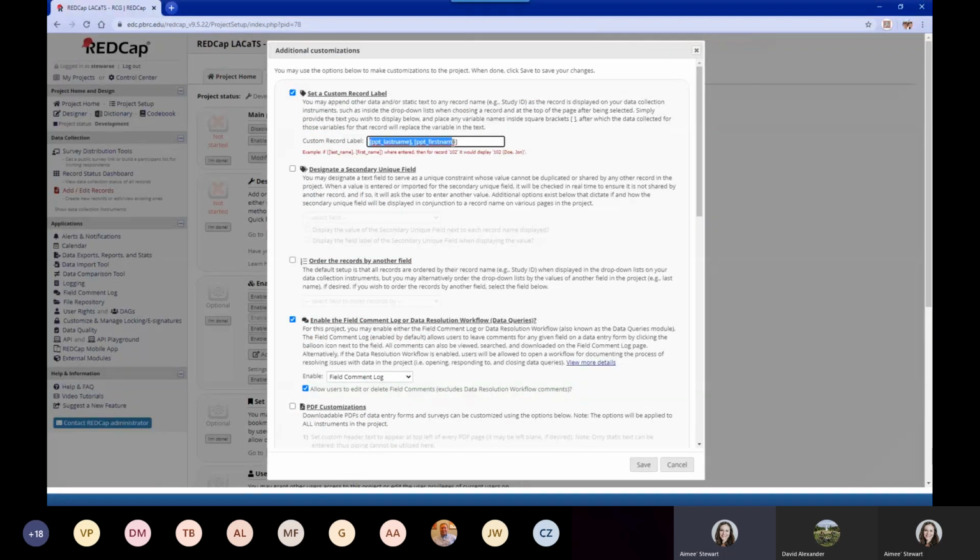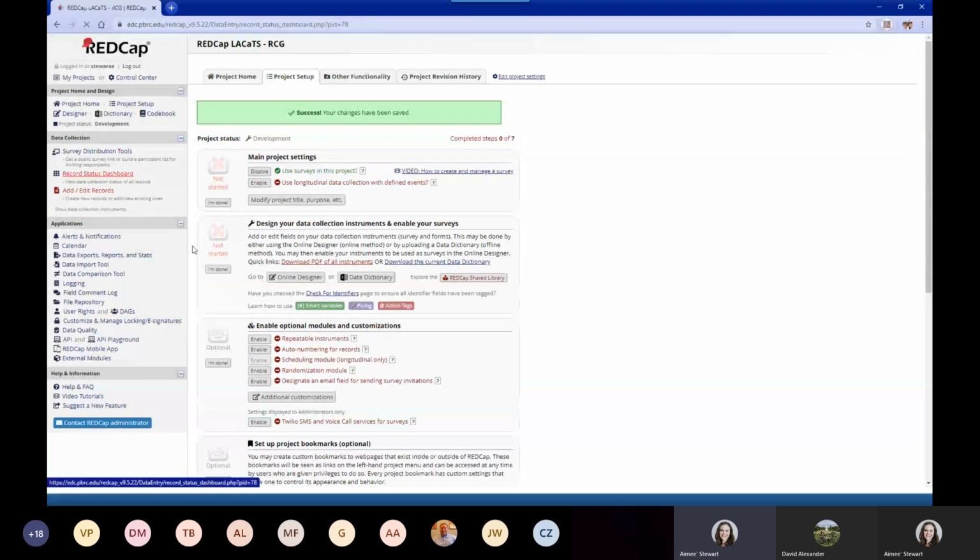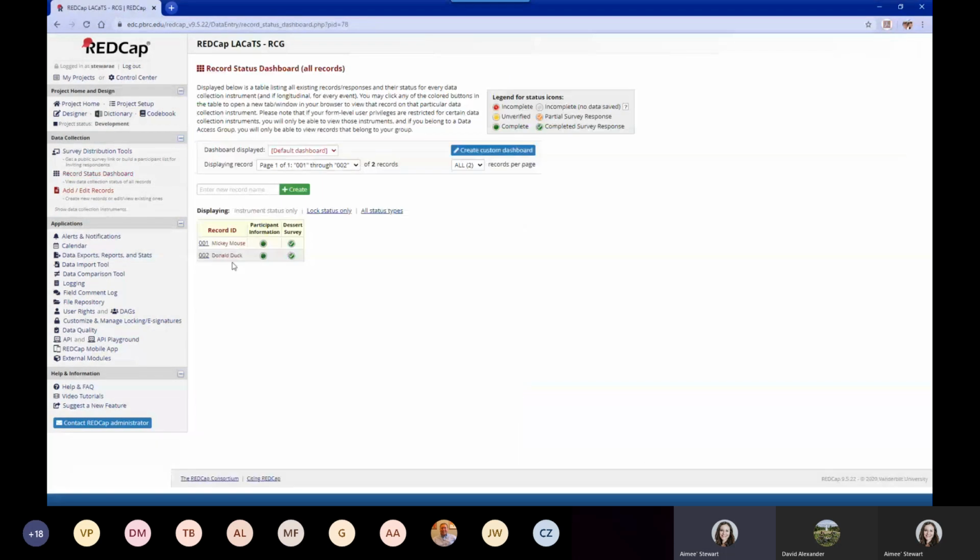And again, it's that same piping of fields, and you can put whatever you want into here. Let's just say I've decided I want the first name to show up first. So we'll switch it around, and you can save, and then you'll see that now it has the names right here. But that's something pretty quick to help you